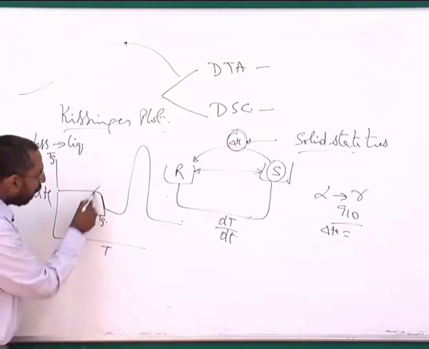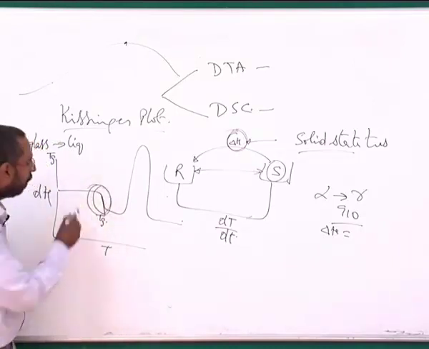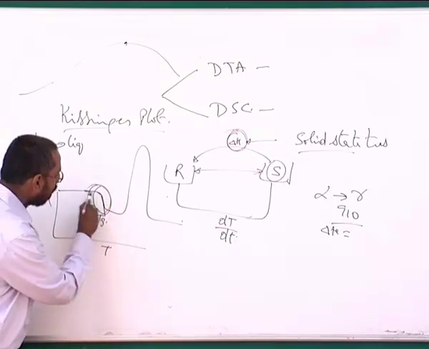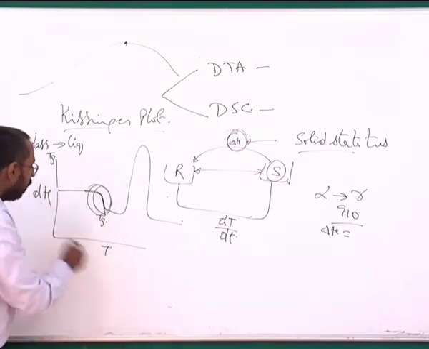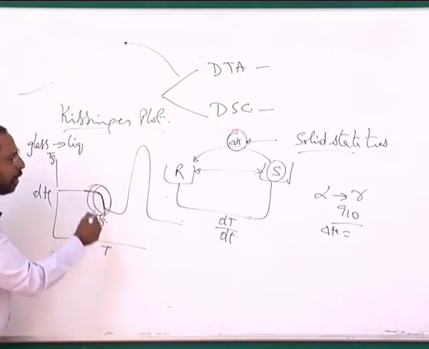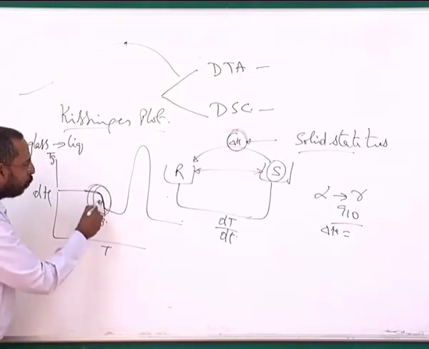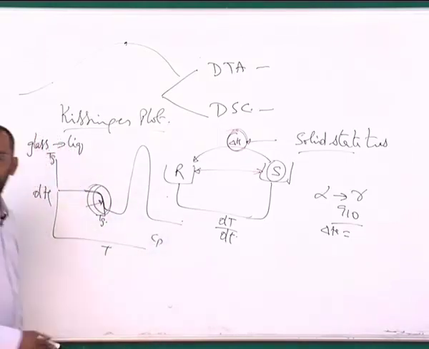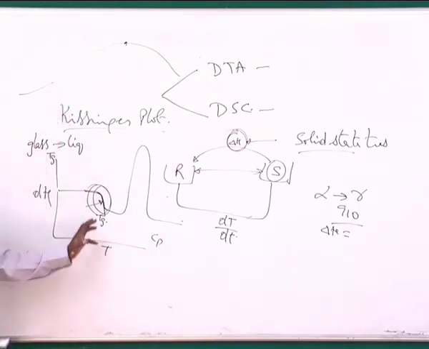So there will be no enthalpy associated with this transformation. You will only see it as just a step in terms of dH/dT. And this step corresponds to a change in the Cp. So if I now plot Cp versus temperature, you will see that there is a discontinuity there.